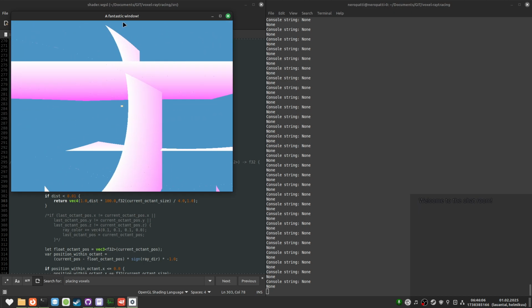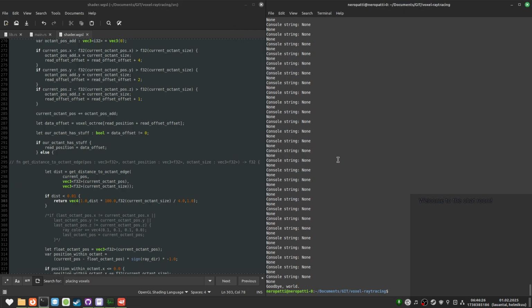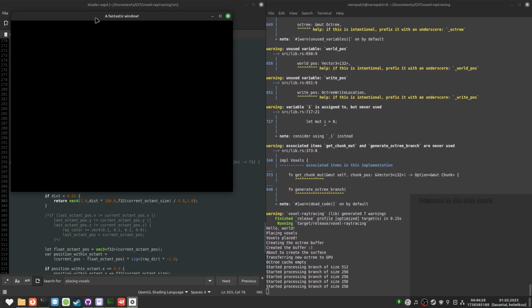Okay, so what does it mean when this is closer to white? It means that the distance is close to 0, right? No, it's close to 0 when it's here. Is this inverted for some reason? I didn't mean to close the window.